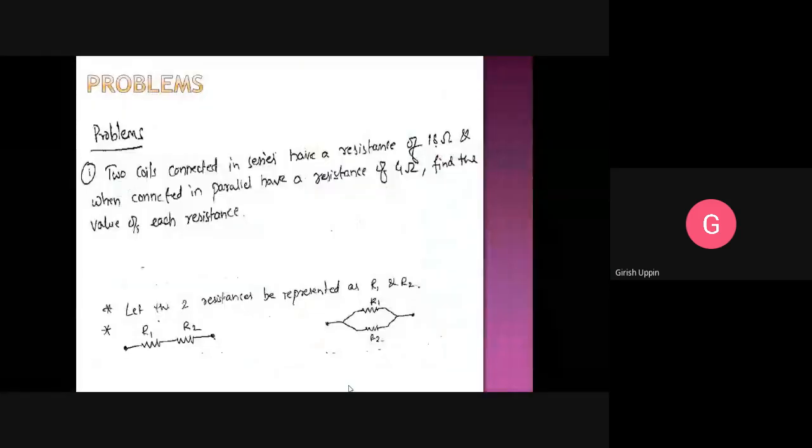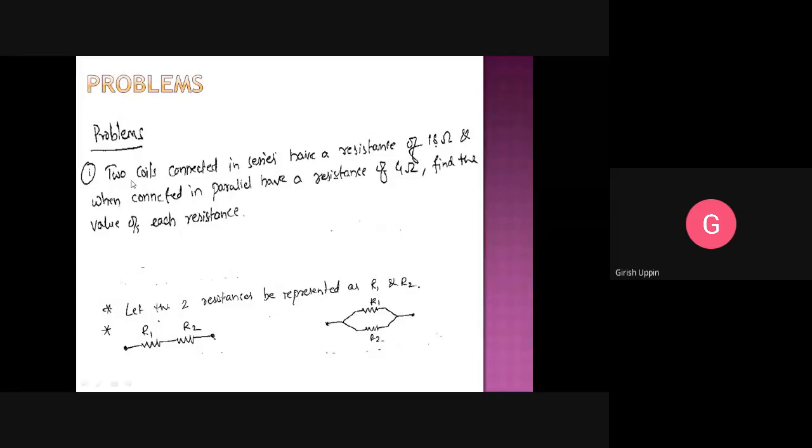Okay, we'll proceed. This is the problem. I hope everybody has the calculator and the notebook. Take down this problem. Has anybody solved it? Actually, I had shown this in the previous class. Did anybody attempt it? Okay. So we have two coils connected in series. I have told you whether it is a coil, a bulb or a heating element, anything, for a DC circuit, it is just one resistor.